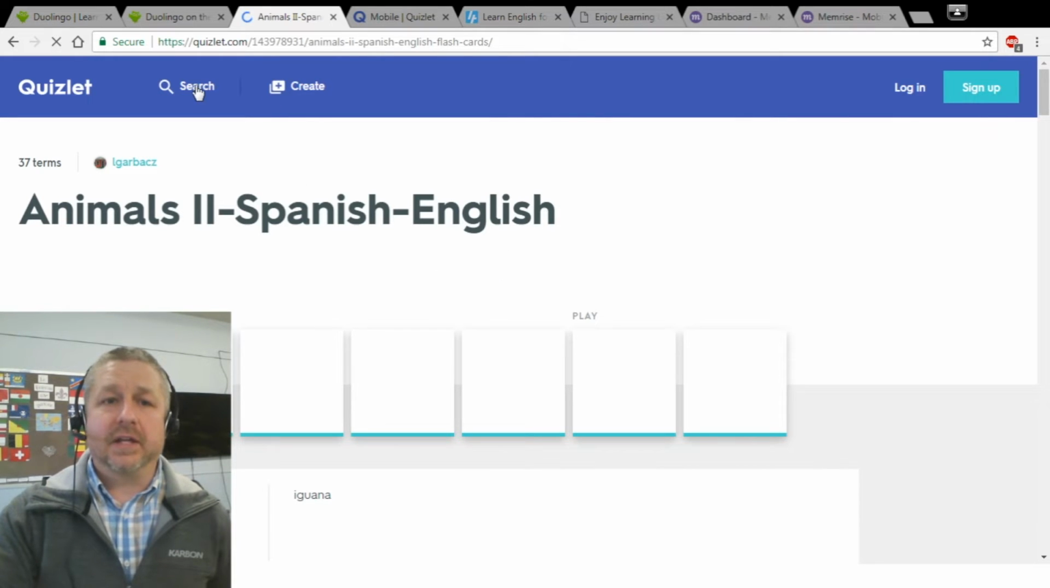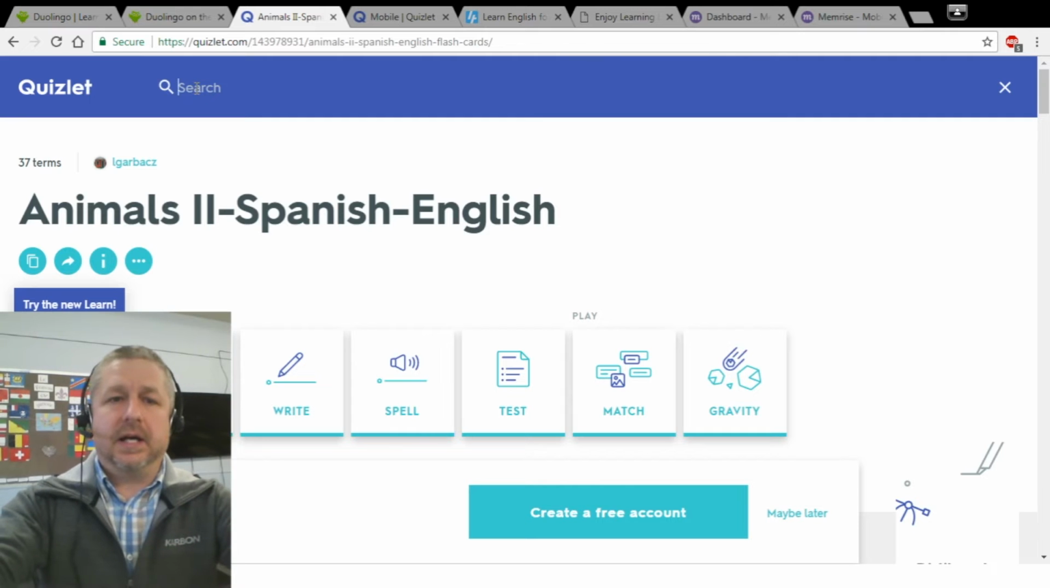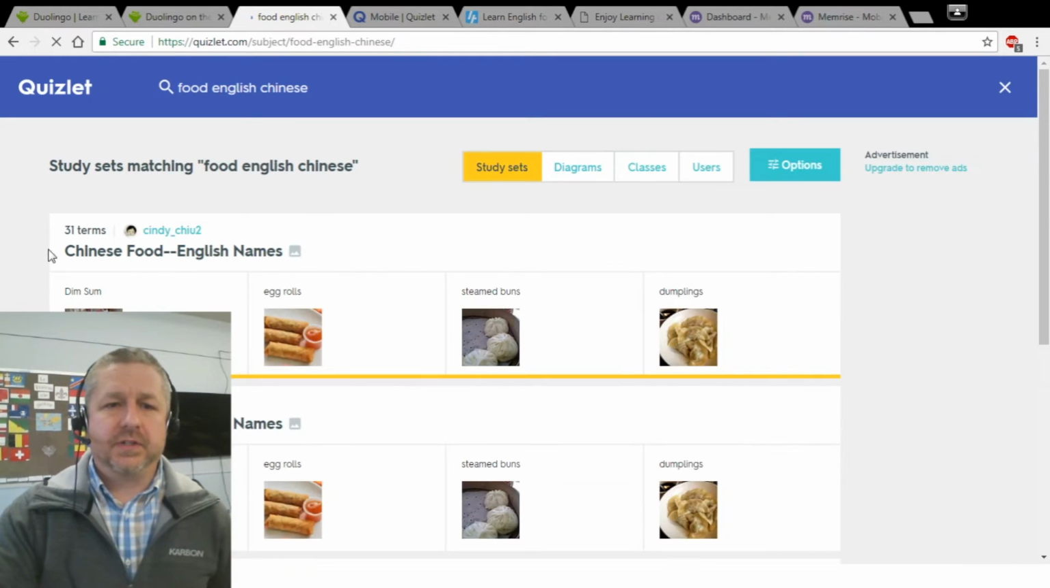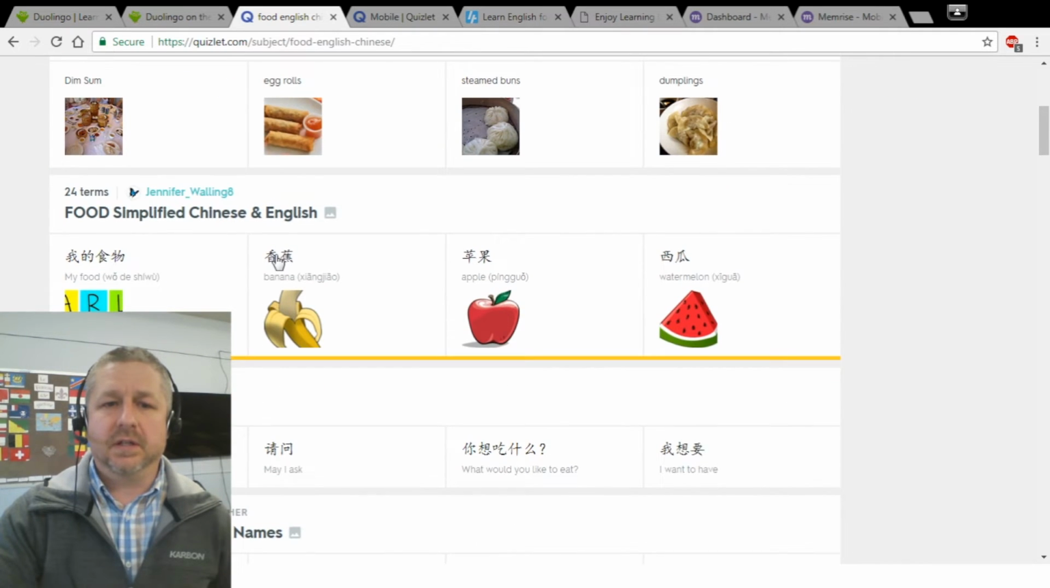So that's Quizlet. Again, you can search for almost any kind of vocabulary set. For instance, if we did foods, English, Chinese, if you're a Chinese speaker learning English, you'll see it'll bring up a number of sets that people have made that you can look at, where you can see both the Chinese, the English, and the